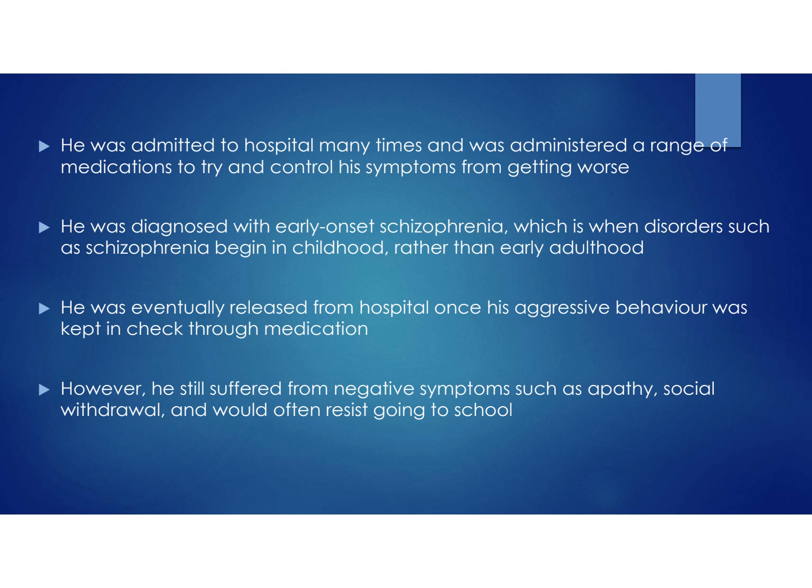So some of his behaviors were kept in check with medication. However, he still suffered from some negative symptoms. And because of those negative symptoms, he displayed behaviors such as social withdrawal and apathy, and this would lead to him resisting wanting to go into school, because obviously it would be difficult for him and cause him psychological harm, because he's going through a lot of mental distress because of his condition. This was a very short and simple case study to help us understand a real life example of a child